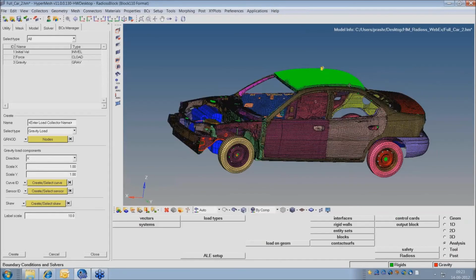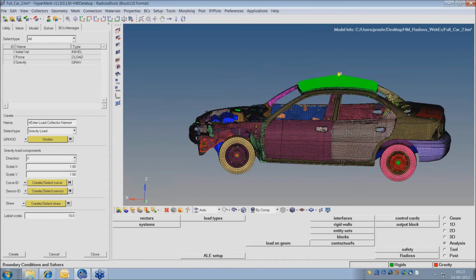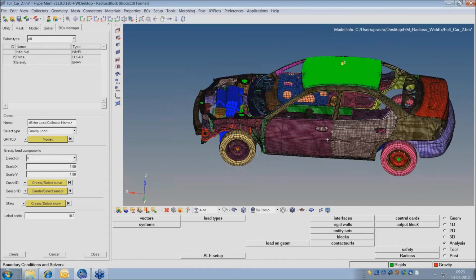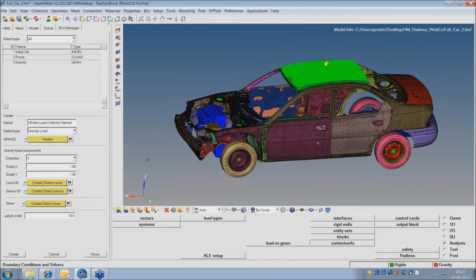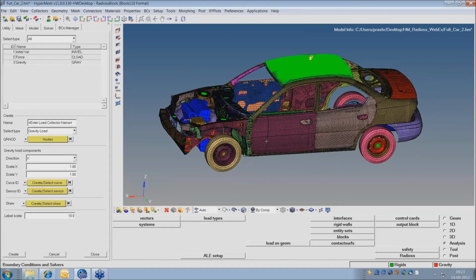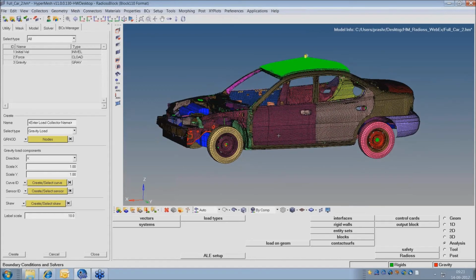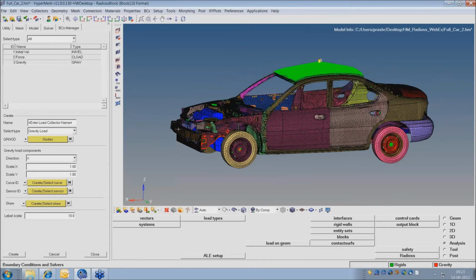Okay, fine. Now my intention is, let's say I may be having a barrier. Okay, barrier, I'll come to it later. Before that, I have applied the gravity loading. It means as soon as my solution starts, there will be a gravity force acting along negative z. Oh, I think I made one mistake here.